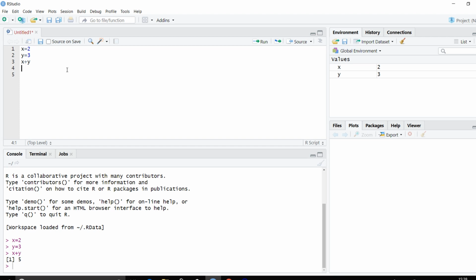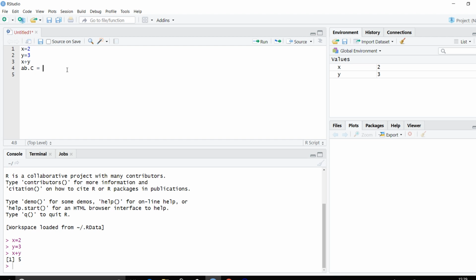Other than that, I can write something like ab.c. Now when I say ab.c, this will be another name for an object. But as you can see, when I am writing small a small b dot, then we have capital C. This should not change, because the capitalization and the small letters, wherever they are, have to be exactly the same, because ab dot small c is going to be a different object. So the capitalization or small letters has to be exactly the same.